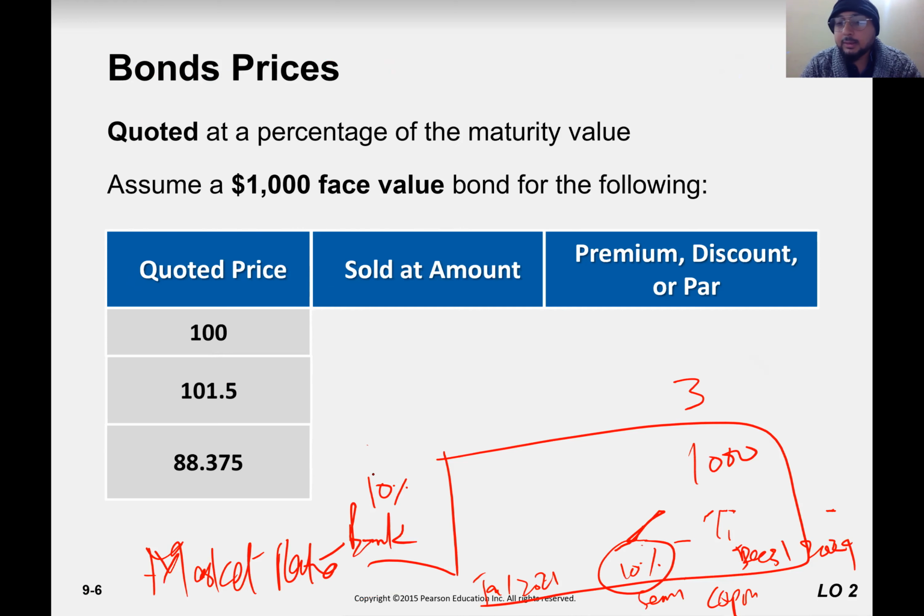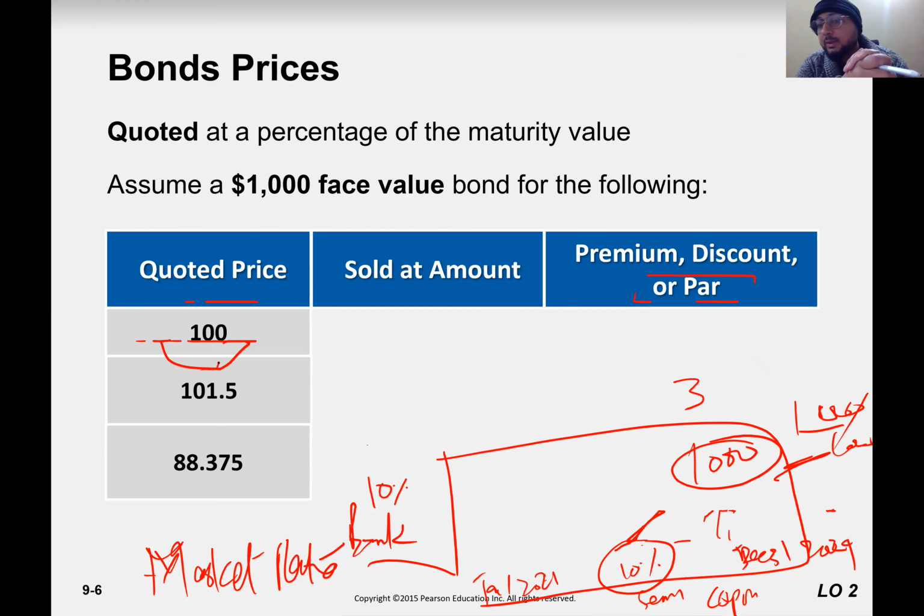So we call that the company issuing its bond at par. At par means according to its face value. When we talk about at par, we talk in percentage terms. So 1000 divided by 1000 gives 100%. Normally prices are quoted in percentage terms, so 100 means whatever the face value is right now is the value of the bond, right?